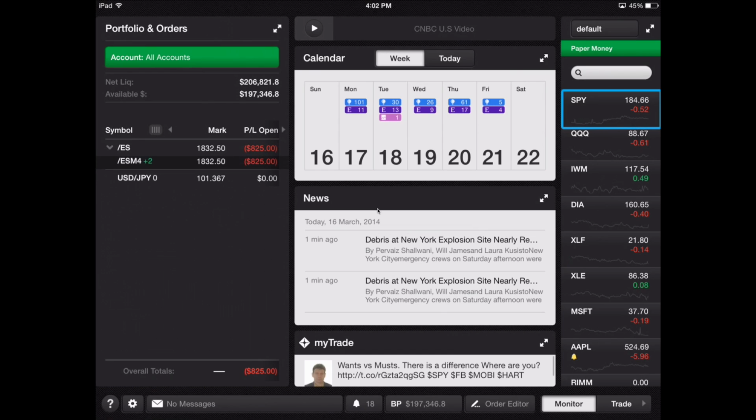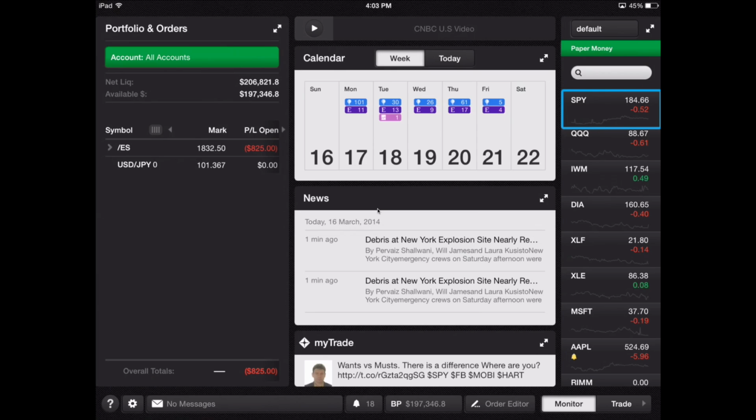Have a little ES position there that I'm down a few bucks on. And for some reason I'm long. I'm usually short on these different contracts, but that's beside the point of this website. Doesn't matter. Trade short, long, the other, whether you're doing stocks, options, futures, forex, it doesn't matter. Just talking about the trading platforms, and with the ThinkOrSwim Mobile, you can trade futures, you can trade forex, you can trade options, you can trade stocks, ETFs, all that stuff from this one